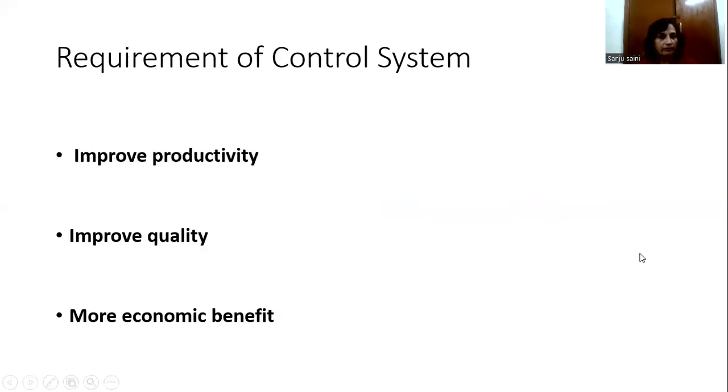So why do we require a control system? In case the process is not controlled, then there will be a lot of wastage. So when we are using the control system, that is done to improve productivity. Obviously, wastage will be reduced, productivity will be more, and quality will improve, since we are making a particular quantity vary in accordance with a desired manner. So it means that the output that is coming out of a process will be alike every time, because we are trying to keep the output at a